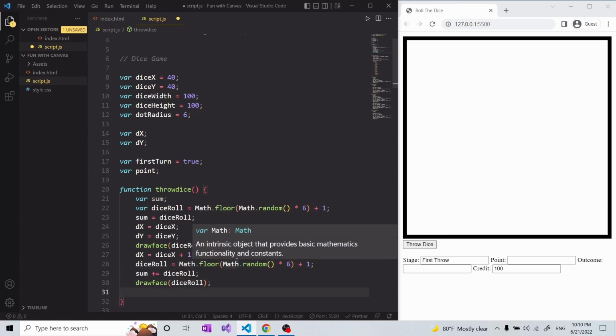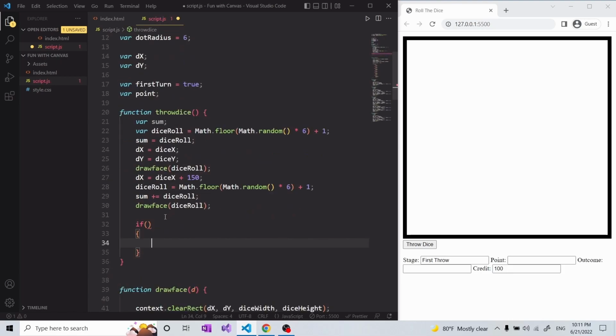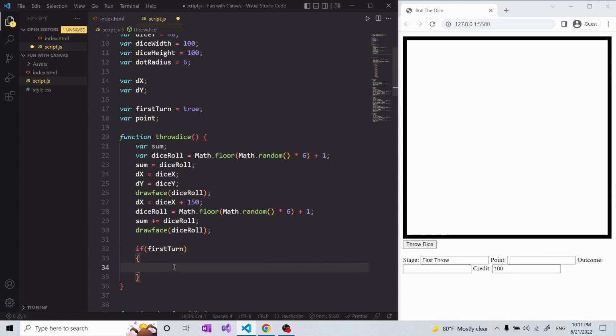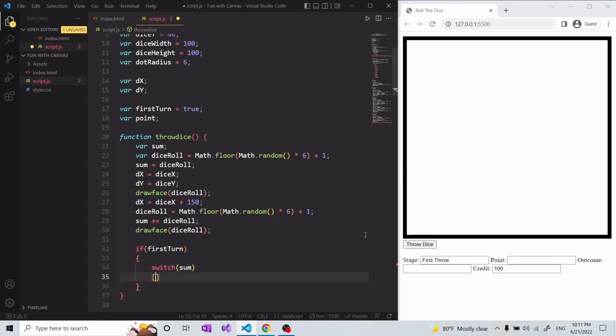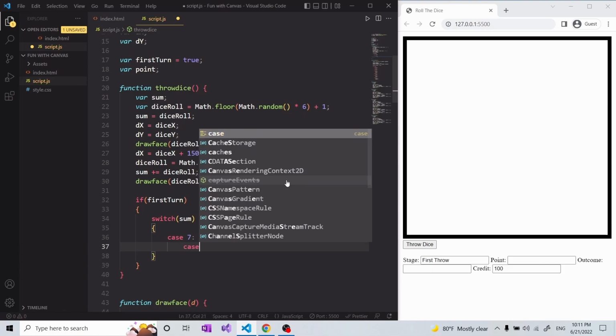Okay. So now since we did that, let's make an if statement. We're going to make an if and if else as well for that condition. So this is, let's say it's the first turn, which is the first click on this game, first gameplay. So now I'm going to have a switch, and this switch is going to take a sum condition. Okay, now if we have a case of 7 or a case of 11, as I said, this is a